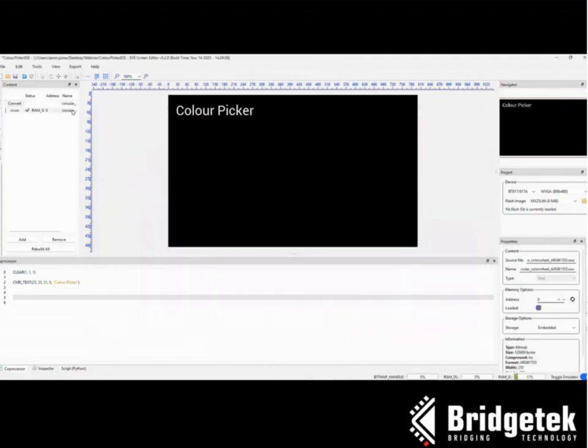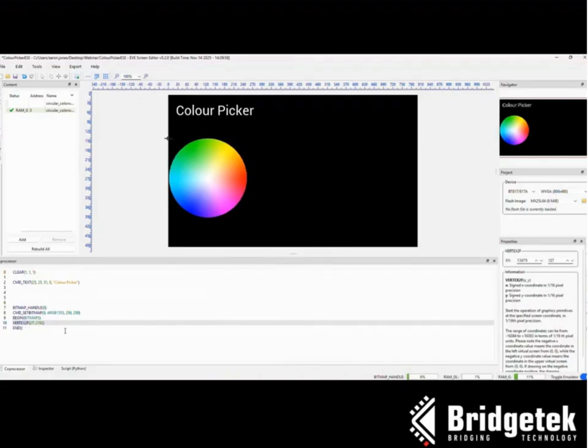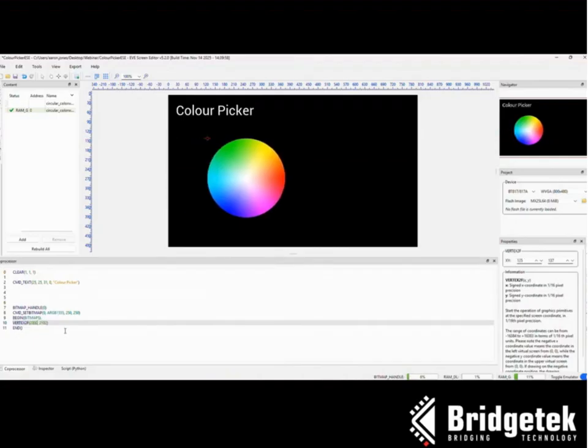In the content window here, you can see that the image has appeared, and in the properties window, you can see that it's loaded at graphics memory RAM-G address 0, and it is currently loaded, but we can select to unload or change the address if required. If we click and drag this onto the screen, it produces the code required to render the bitmap on the screen. You can see this here, including a set bitmap and a vertex command. Again, we can manually edit this, or edit these commands via the properties window and move things around on the